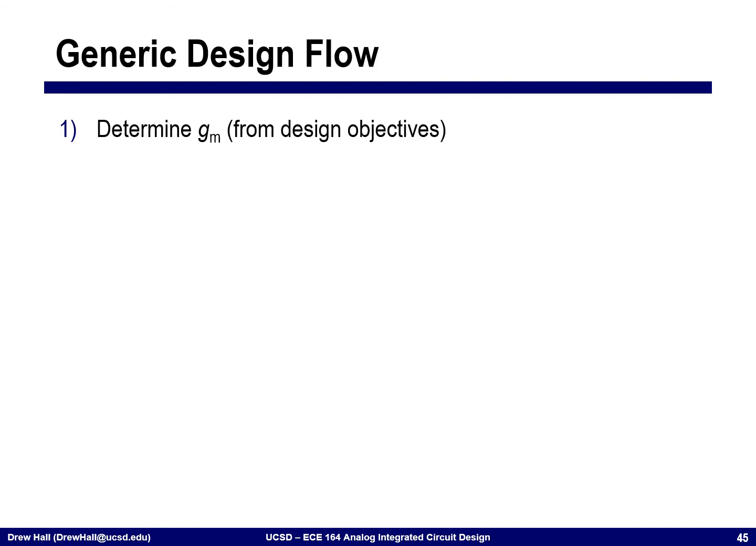Okay, so how would I actually use this in the design of a circuit? I'm going to walk through an example where we will use this methodology as well as the lookup charts. So first thing we're going to do is determine the transconductance that we want. Okay, and this is typically going to be driven by one of the design objectives, maybe the open loop gain,